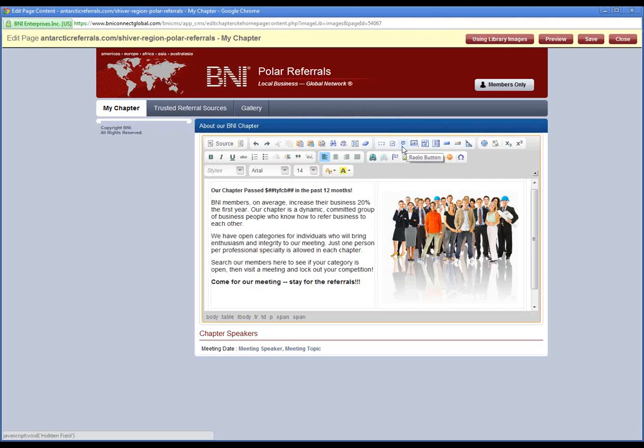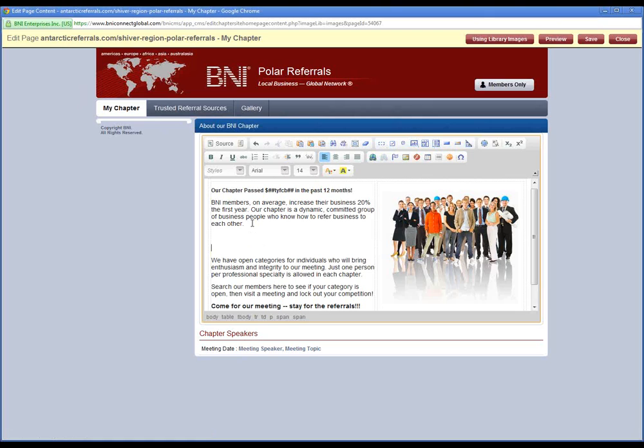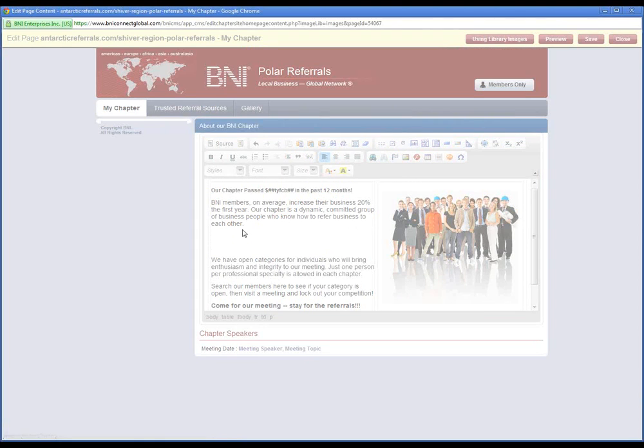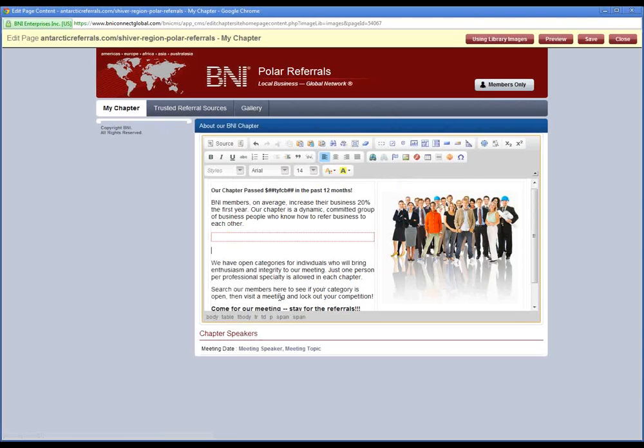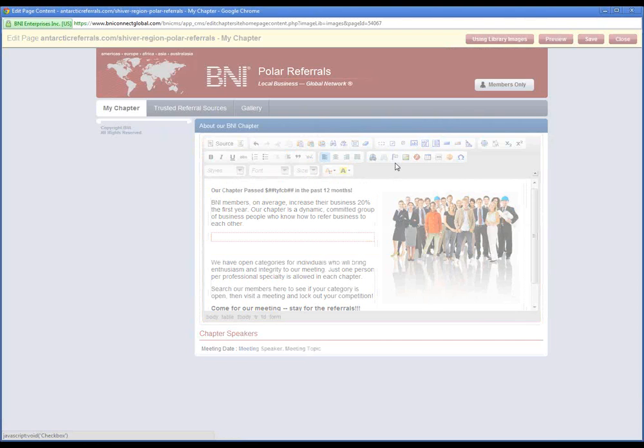The next buttons have to do with forms within the system. So if I wanted to put a form onto my particular website, I could give the form a name, and click OK. And what this will do is add a form. Now within that form you can start to put things like, if you wanted to say, hey, email me your information for them to fill out, that's what you would use this for, and you can fill that up with